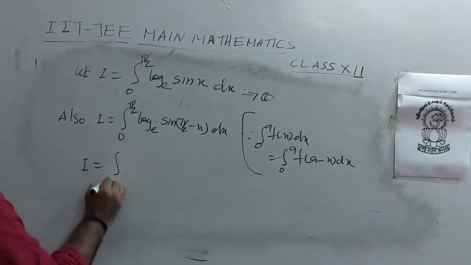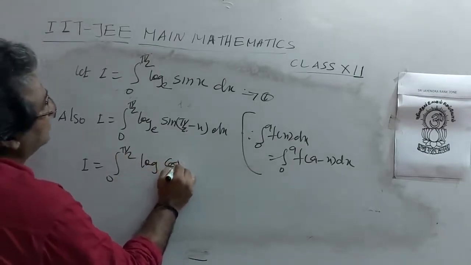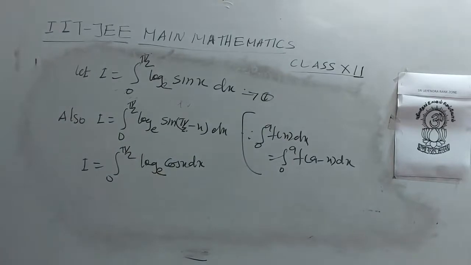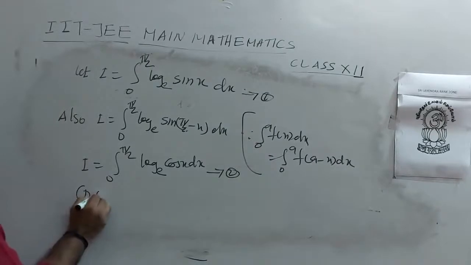So I equals integral 0 to pi by 2 log cos x dx. Let it be 2. 1 plus 2 gives